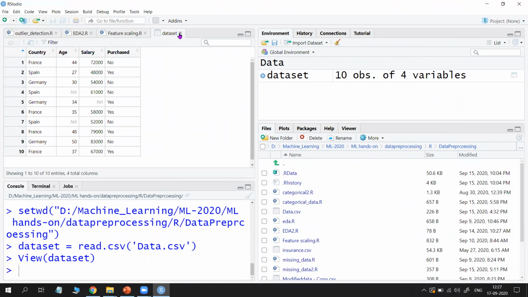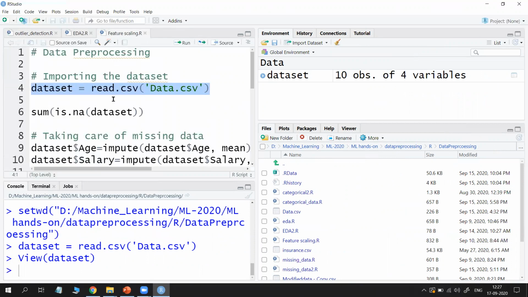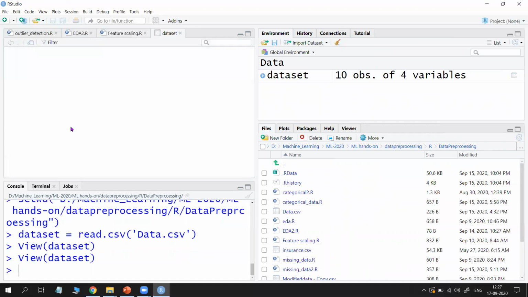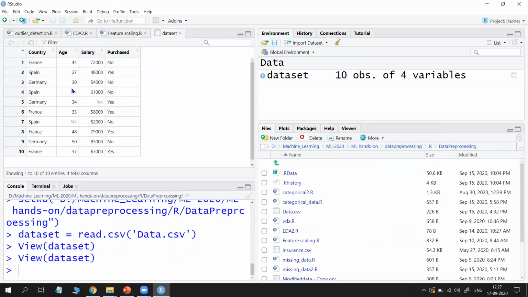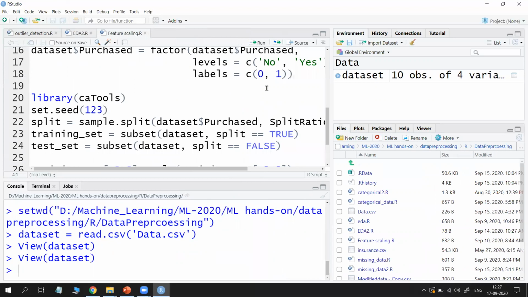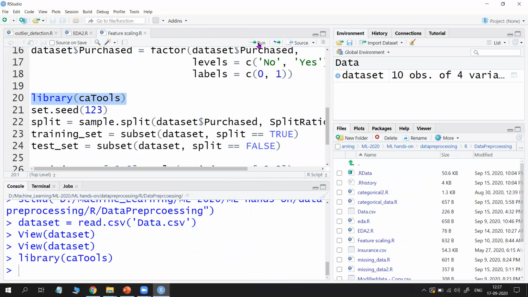So my aim is to divide it into training and testing sets. Here some missing values are there. I already explained how to handle missing values, so I am not discussing those. Now I am directly going to use these packages. See, library caTools, run it. But if the library is not installed, then it shows an error.